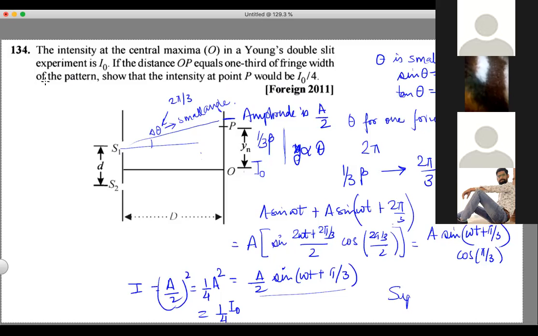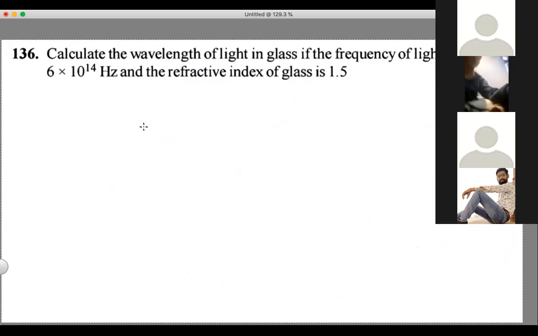Let's do the next question. Again, this is not needed for us this time. Now this is the